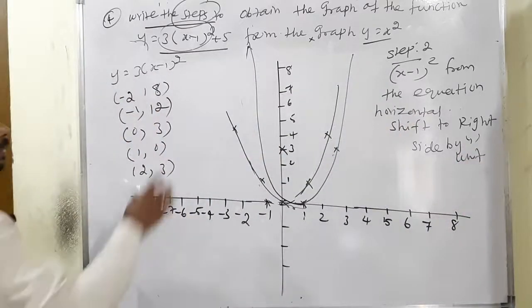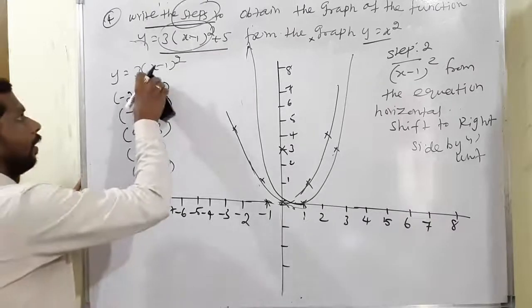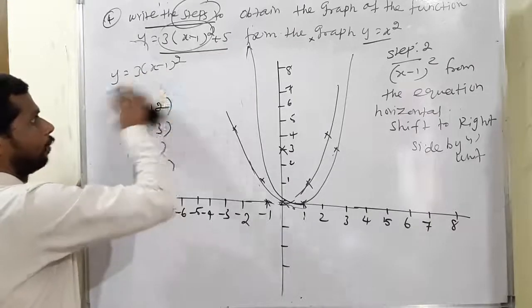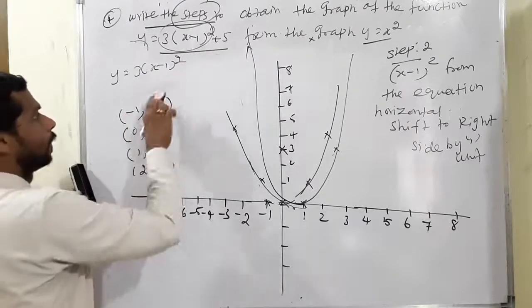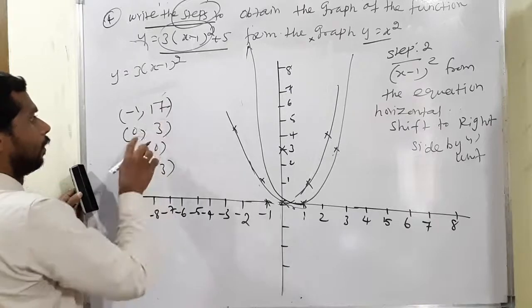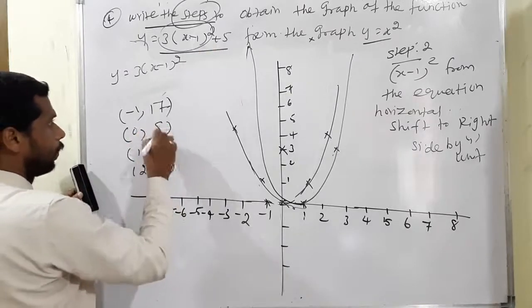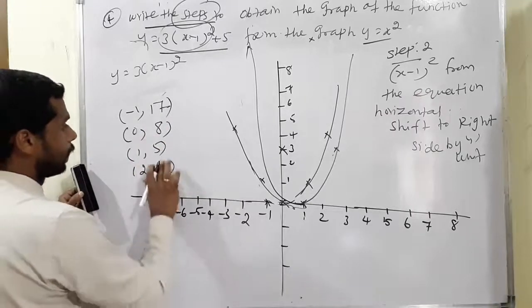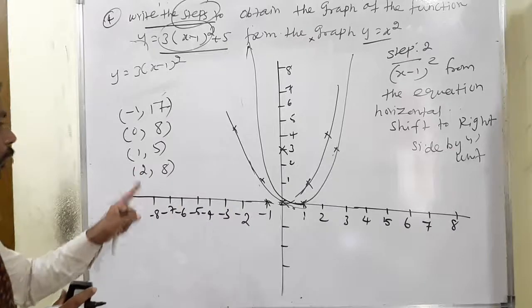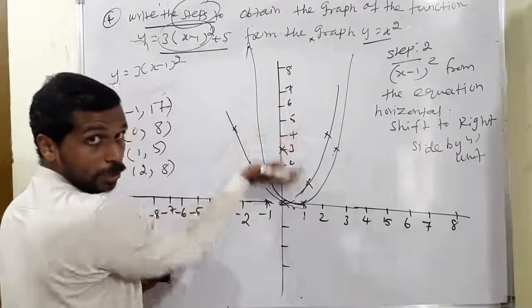The same cases, adding 5, what will happen? So adding 5 to minus 2, it will take a bigger number, no problem. Take it for minus 1, which means 12 plus 5, 17 will come. Then definitely 5 plus 3 is equal to 8 will come. Again 0 plus 5 means 5 will come. Again 5 plus 3 is equal to 8 will come. So listen to what I am saying. This is a vertical shift up by 5 units, no.